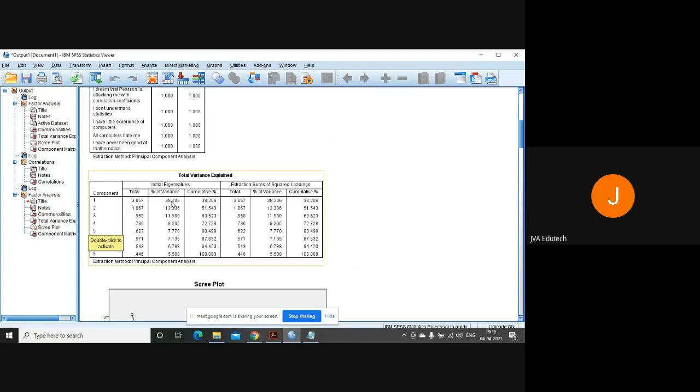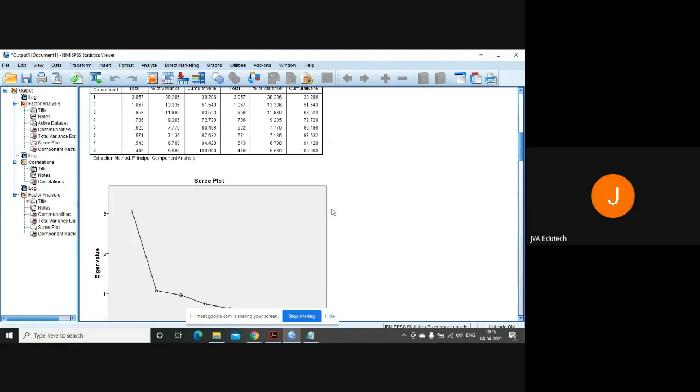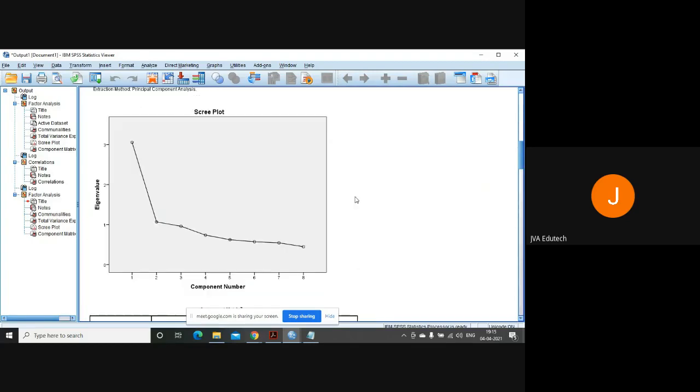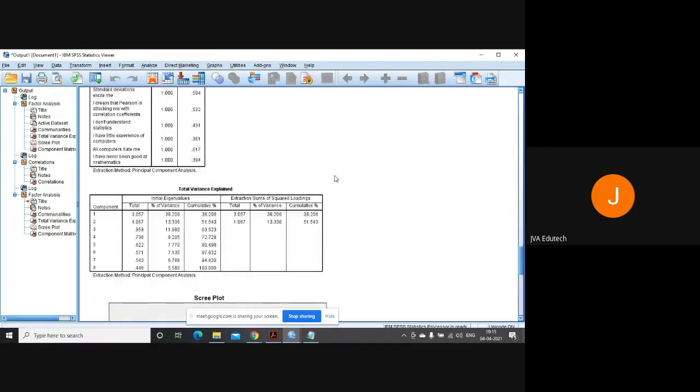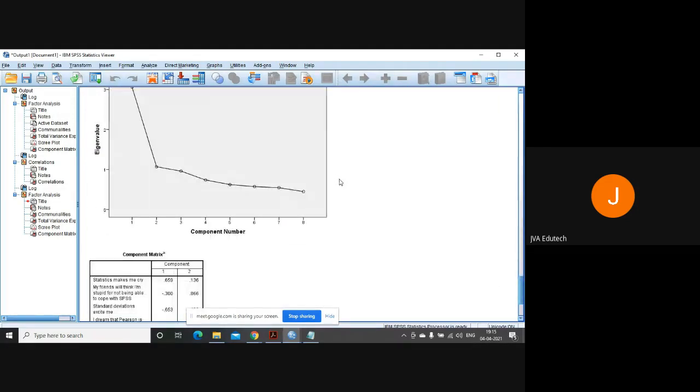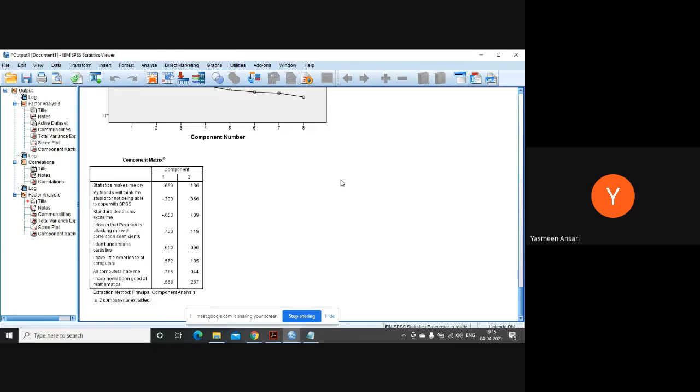And sir, even if these two are able to explain more than 50% of the variance? See, the first one is explaining 38%, the second one is explaining 13%. Then why do you need to proceed further? You have to take two components. So it all depends upon the scree plot, the eigenvalues, and how much total variance is explained. Based on that, you will decide how many components you have to take. Okay, sir. Thank you.